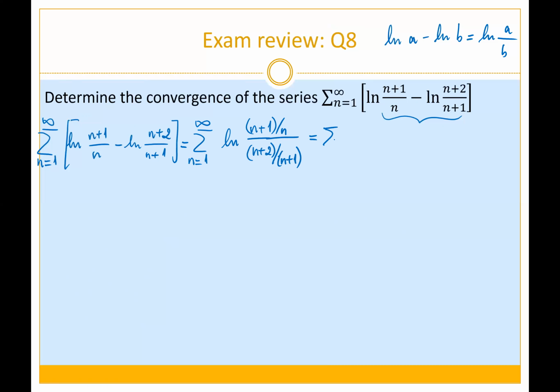It gives us ln of (n plus 1) squared over n times (n plus 2). Now let's write down the terms. This is going to be ln of 2 squared, which is 4 over